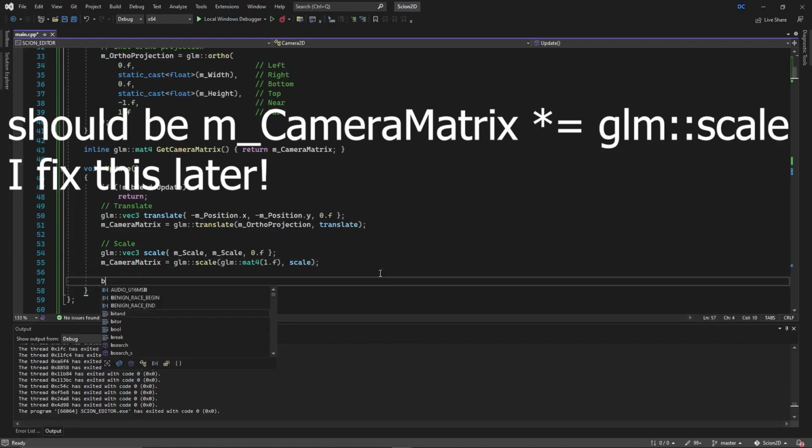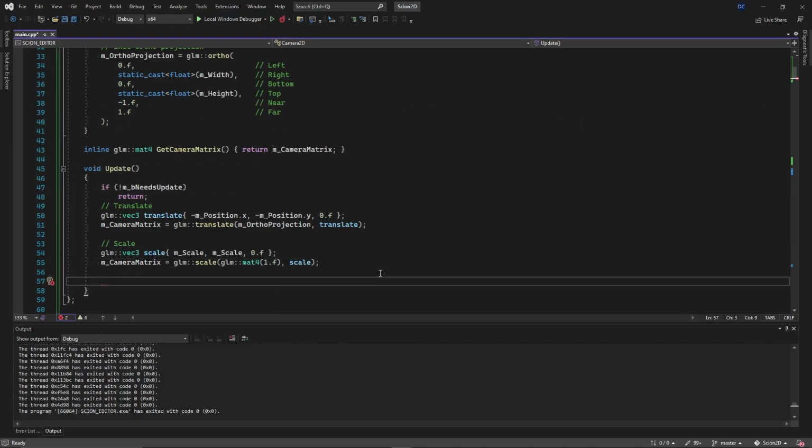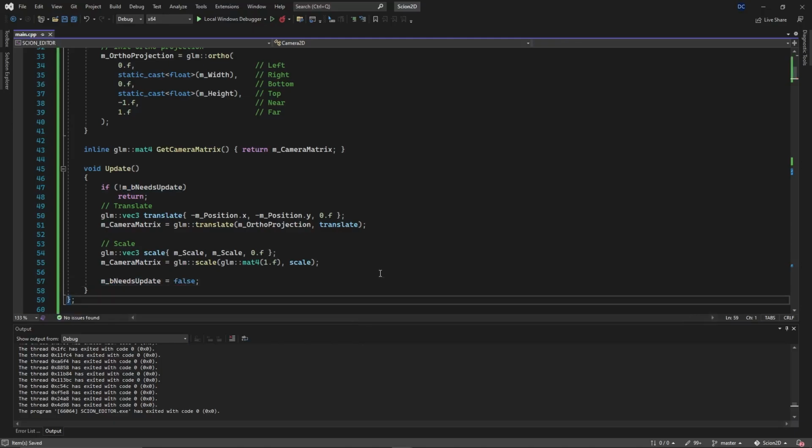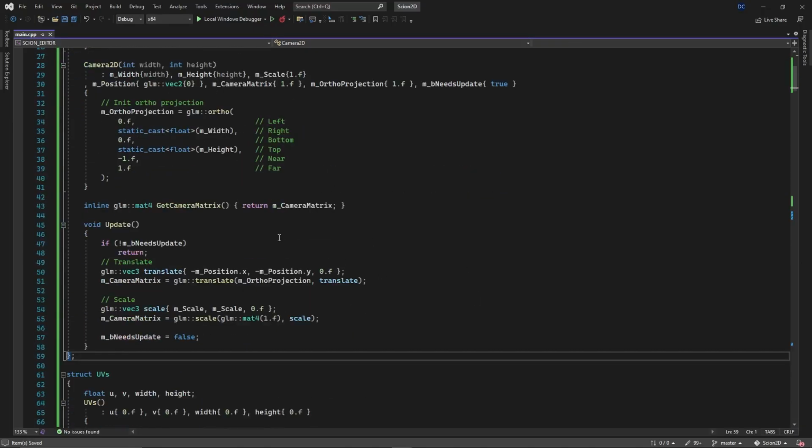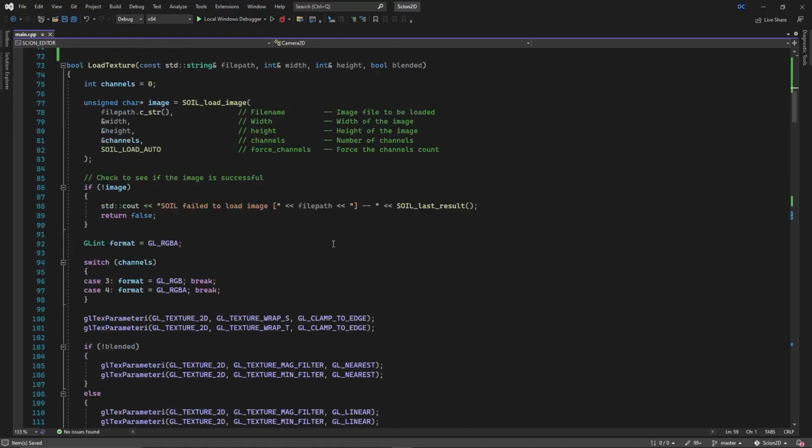And then we want to reset our update. Since we've updated, we don't need the update. So MB needs update is equal to false. Cool. All right, so we got our little camera class started, and now we can come down here to our